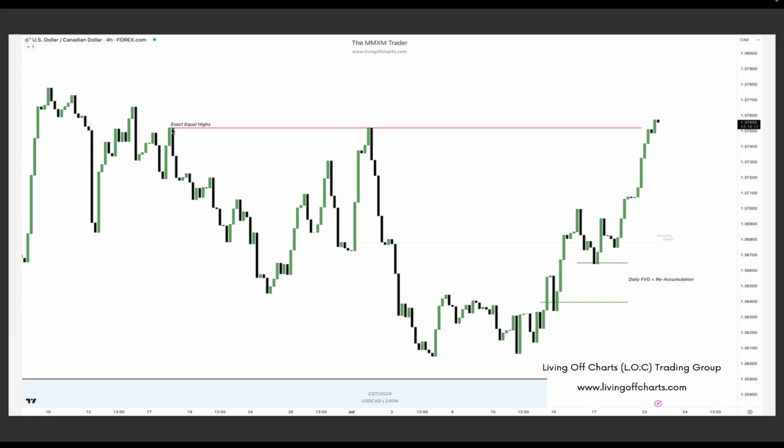Over here we have exact equal highs. That's this here and this here. Without the wicks, they're exact. This makes it very, very significant for the algorithm to seek liquidity above these highs. Now, when we're trading and we're looking for draws on liquidity and we already have our bias to trade higher, we can take out the wicks of the candles to look for a very obvious magnet in price,